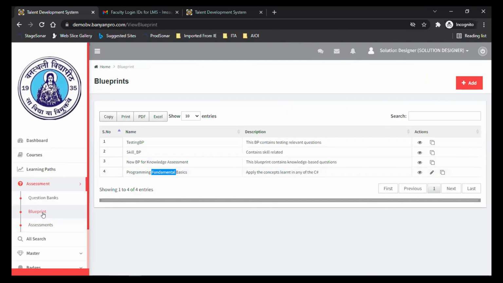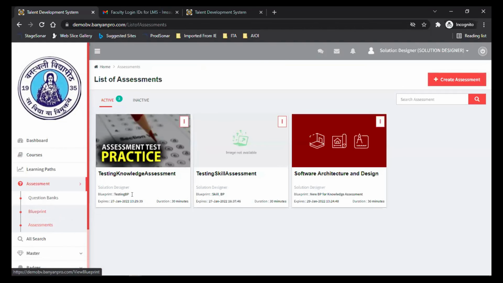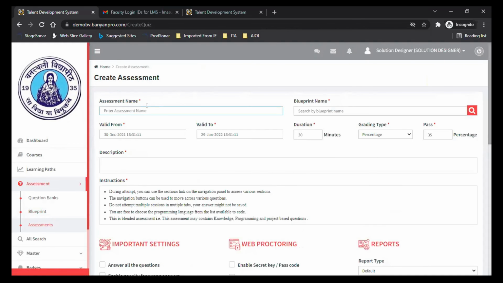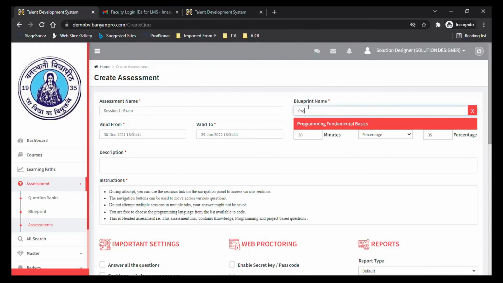Programming fundamental basics. So you can say this assessment is valid from date till date. By default, it takes 1 month, the duration of the assessment is 30 minutes, and then the pass percentage,